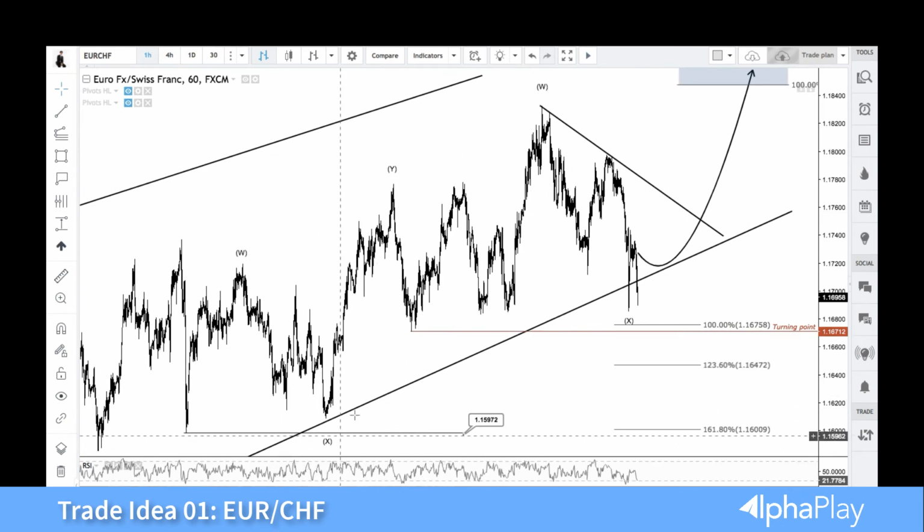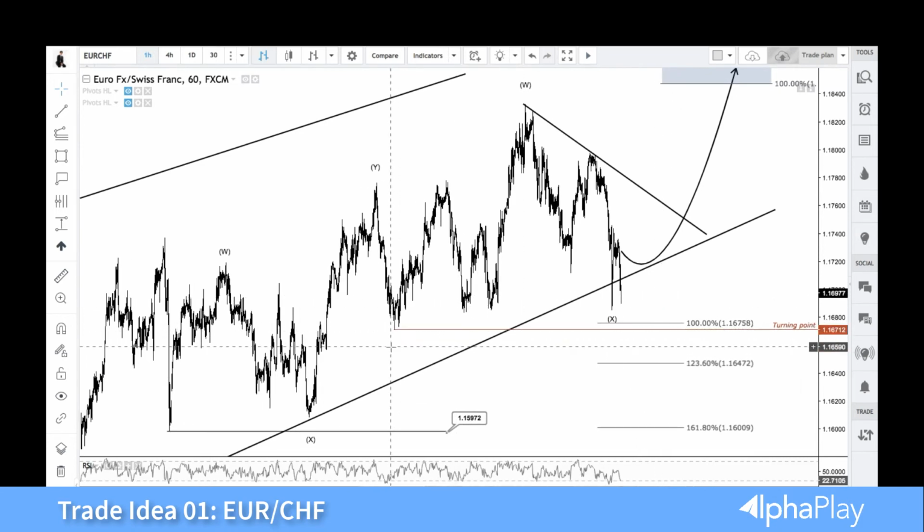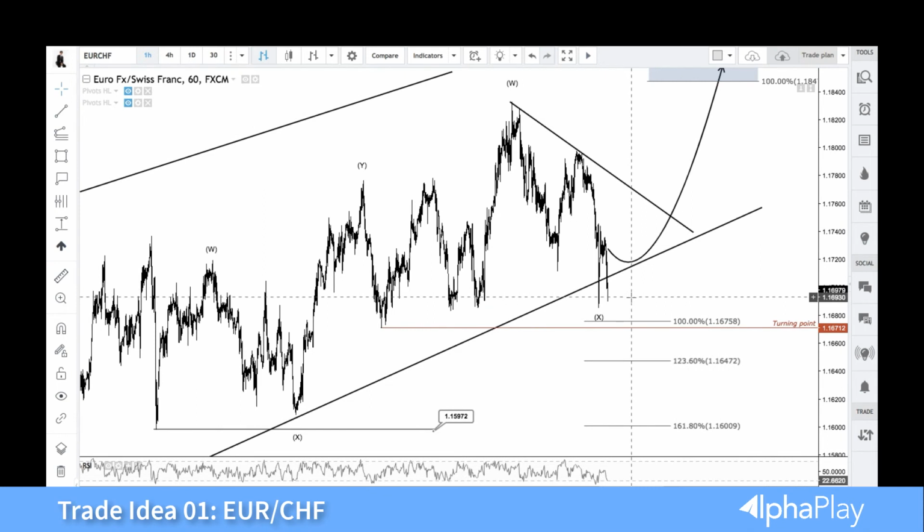This forms a complete cycle, but price didn't drop from there, right? And we continue to see it correct, and then now it's having a first W wave up and it's done with its correction. So I've highlighted over here the 1.1671 as the turning point. Alright, so this level will be crucial because as long as price continues to trade above the 1.1671,